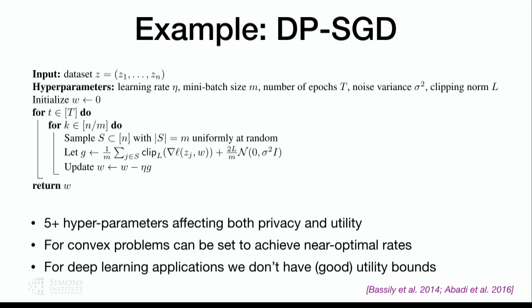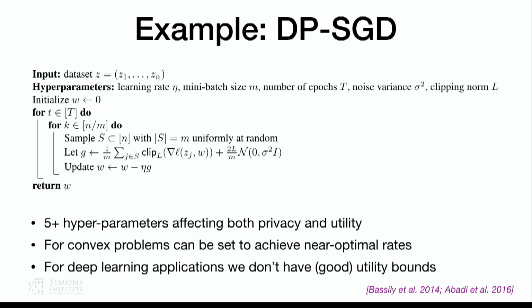And this is an algorithm that is going to iterate over your data set, and at each iteration, we're going to take a small subsample of the whole training data set, and we're going to compute the gradients on the current parameters on this subsample, and we're going to iterate over that to keep improving the parameters. Now, the problem here is that when we try to privatize this algorithm, we make some changes. So for example, we clip the gradients, we add some Gaussian noise, and so on.